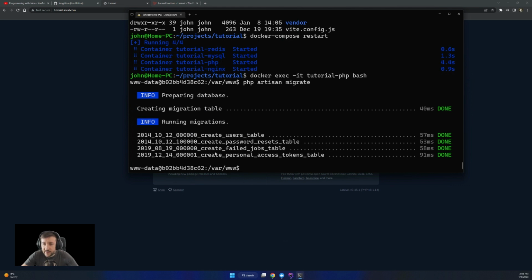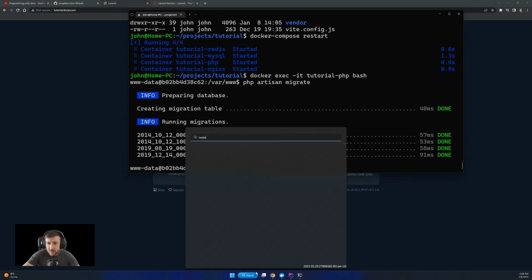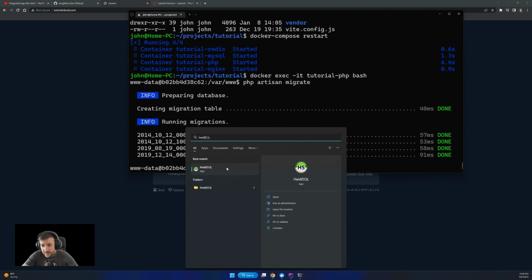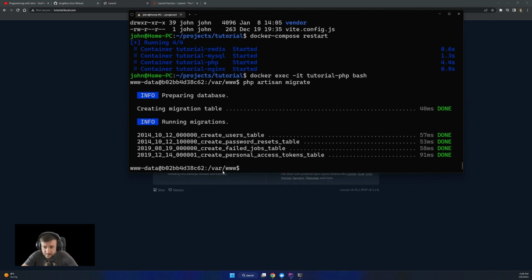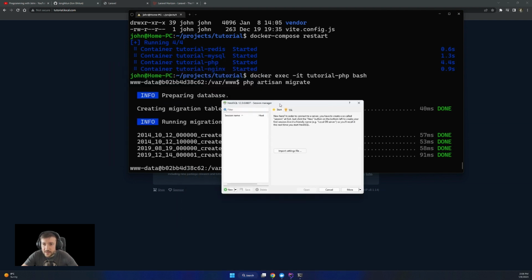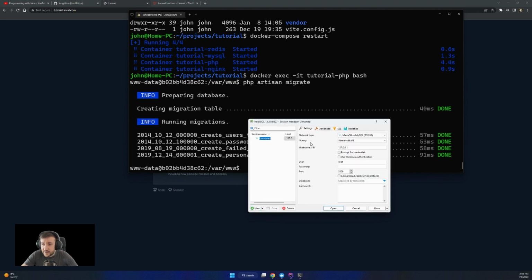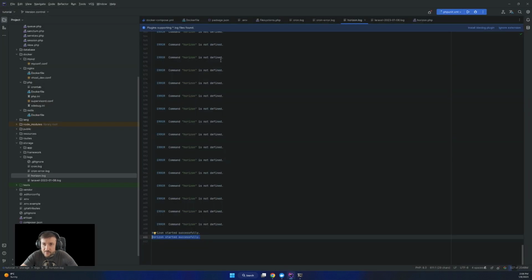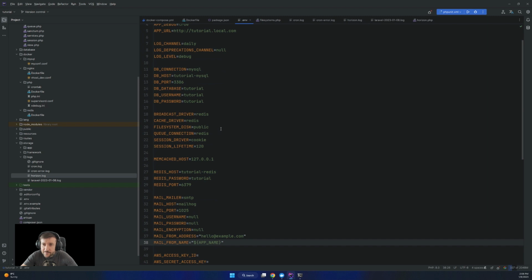But what if we want to connect to the database, where there are several applications? One of them is HeidiSQL. I use it a lot, but you can use others that you are familiar with. In the session, let's say tutorial, I want to connect; the hostname is localhost. For the user and password, we can connect with root and the root password, or with the user we have defined in the env.